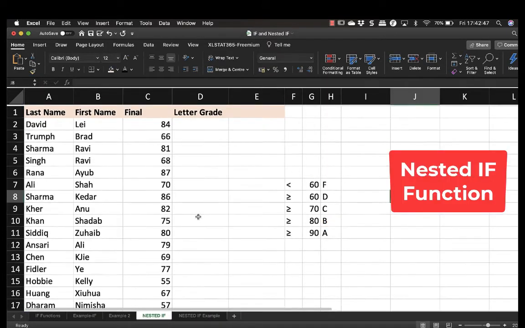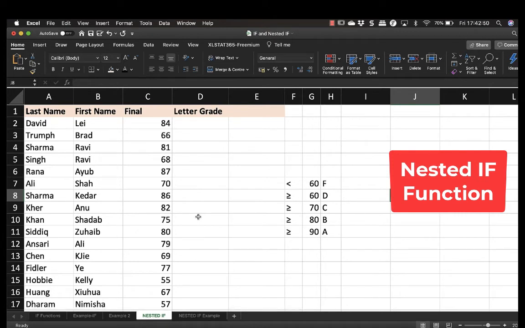Now I'll show you the nested if function. If we apply more than one if, when we want to have more than two choices, how will we use the if function? Nested if is the better solution for this. Suppose you want to enter letter grades for your students. You see here that it is A for 90 and up, B for 80 and up, C for 70 and up, and D for 60 and up. Otherwise, they fail and receive an F grade.